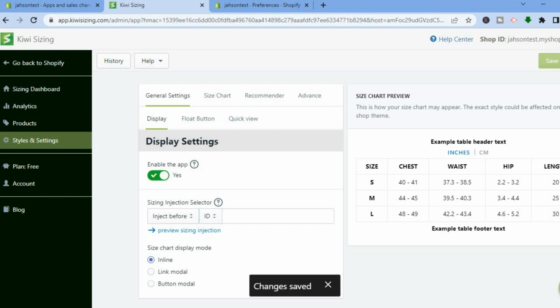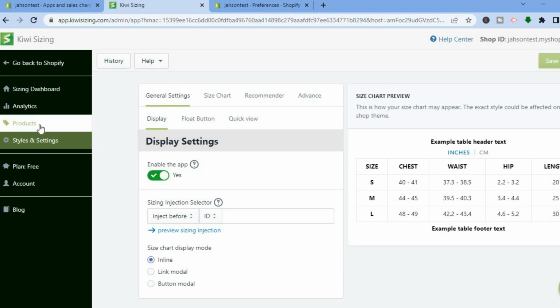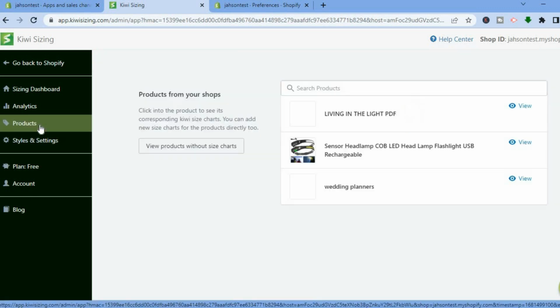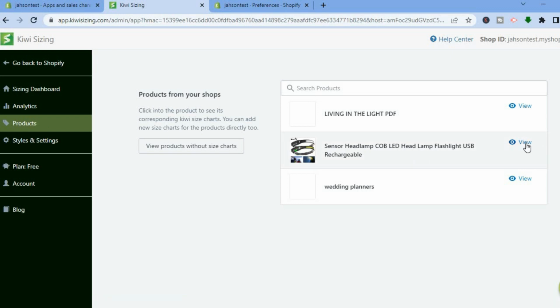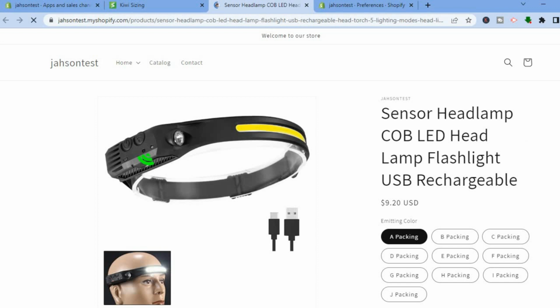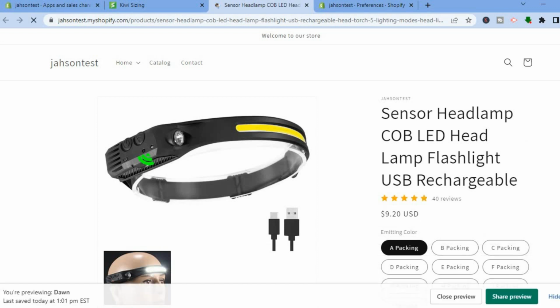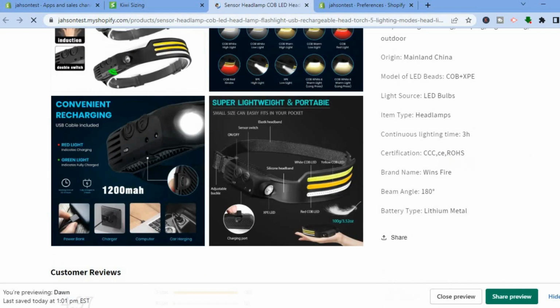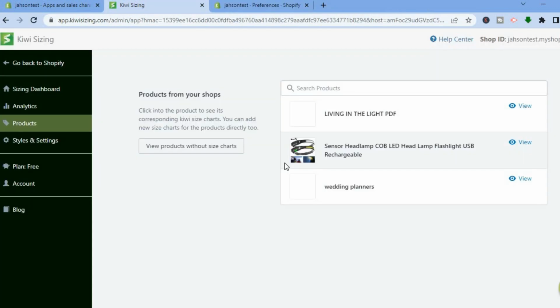After you have saved settings, you are now going to go back into products, and we are going to view the product. So we are going to tap on the product that we had added the size chart to view it, to see if the size chart is on it. Now we're going to see the product that the size chart is on. So we have selected products from the left hand menu option. Then remember, I added it to this example, which would be the headlamp. So to preview it, all I'll have to do is tap on view,